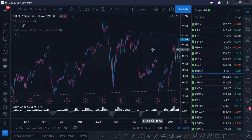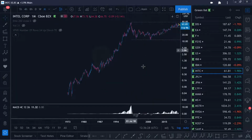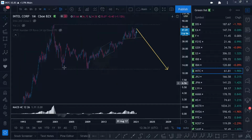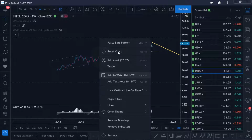Intel, zoomed all the way out, you can see how this just looks like a very clean structure for downside. Little nice 1, 2, 3 down, choppy move up, still looking for a move down, big move to the downside. Going down to the weeklies,